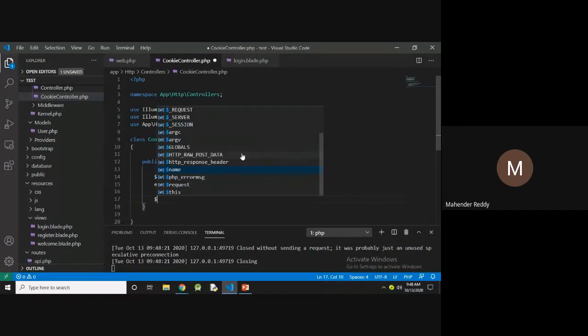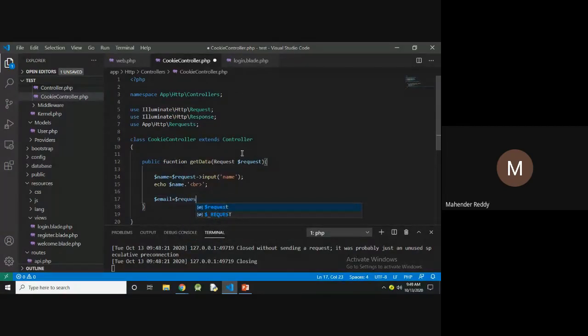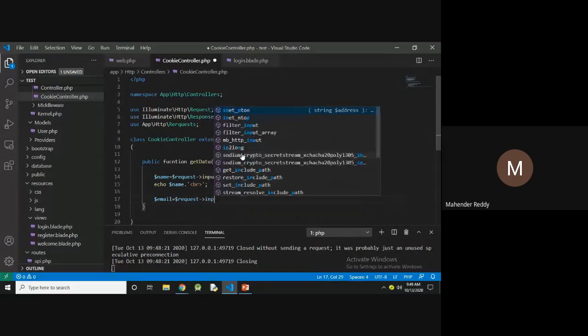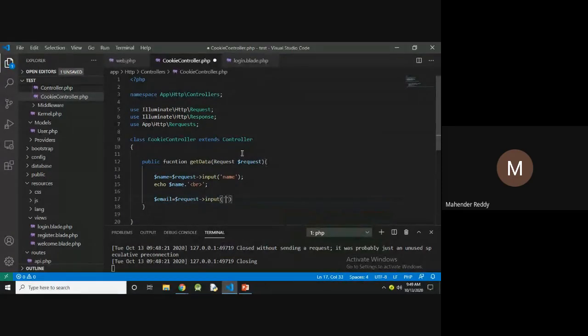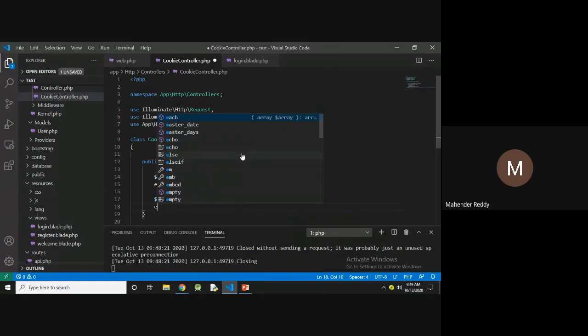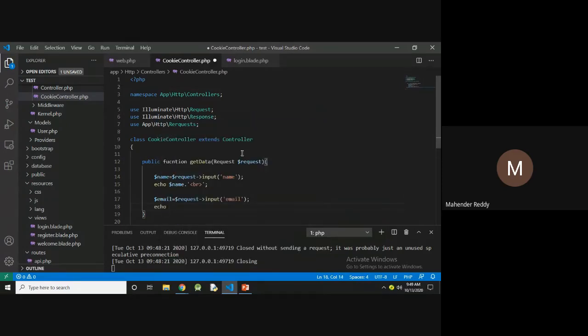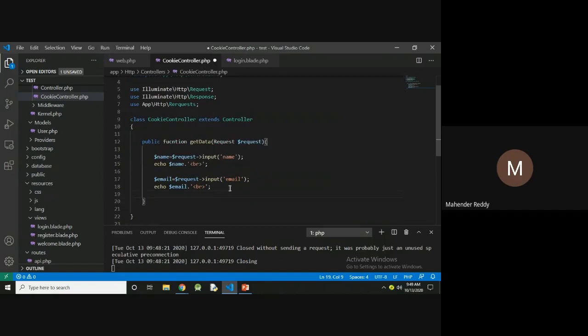And $email = $request->input('email'); echo $email . br. This time using name and email.